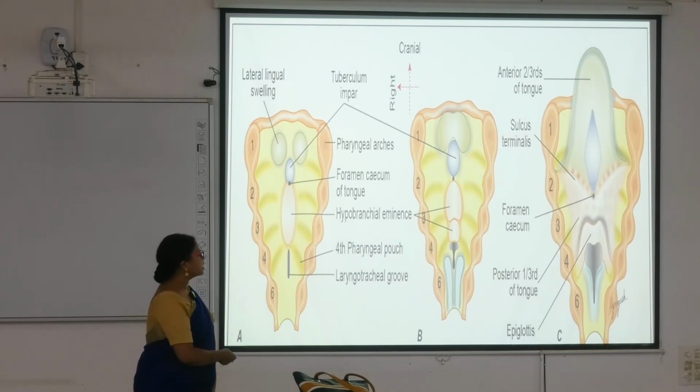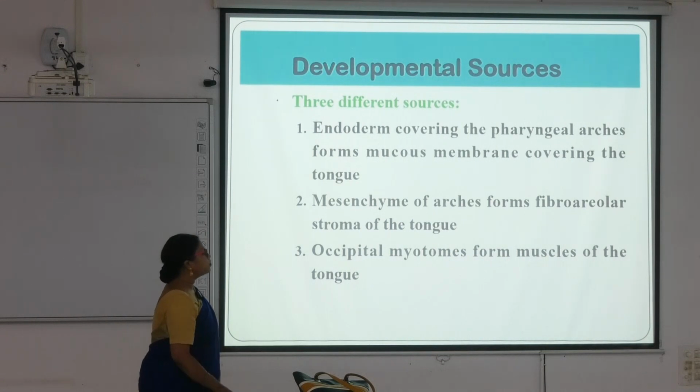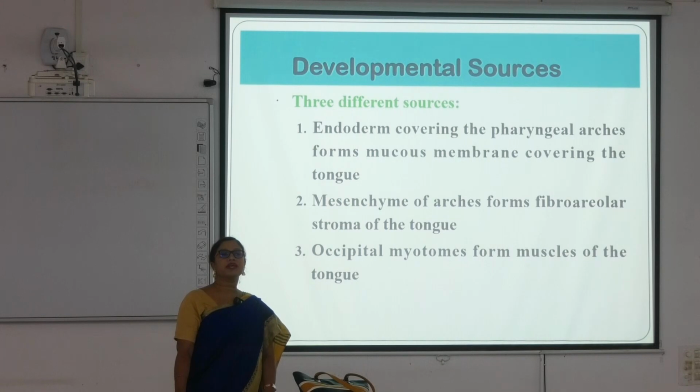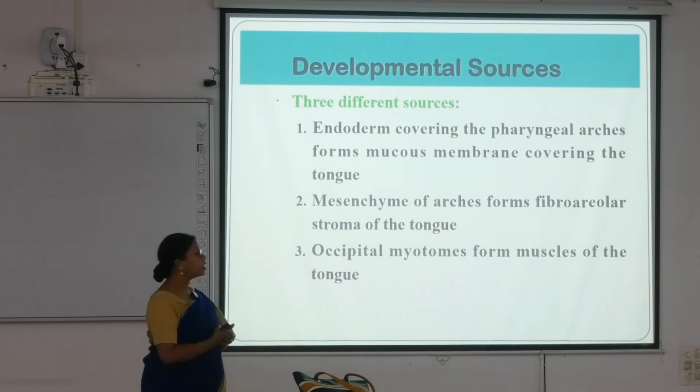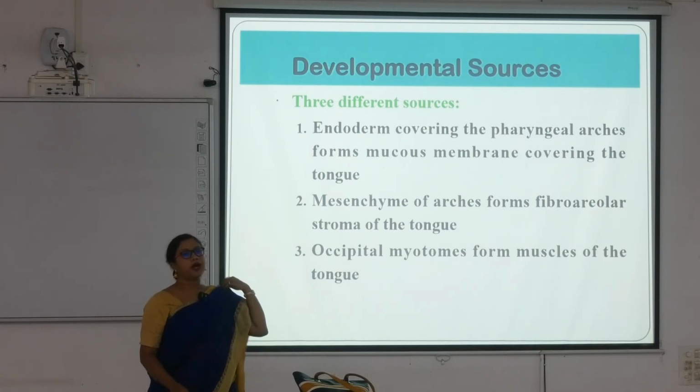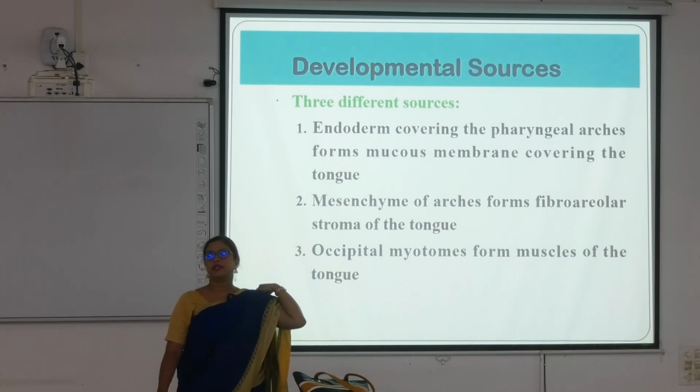So here you can see this is making the cranial part, forming the posterior 1/3 just posterior to the foramen cecum, and what does the caudal part form? Epiglottis. So this thing you have to remember. Now this thing I have already discussed. Where does the mucous membrane of the tongue come from? Endoderm. Then see the fibroareolar component, it is coming from mesenchyme. Write it down. The fibroareolar component